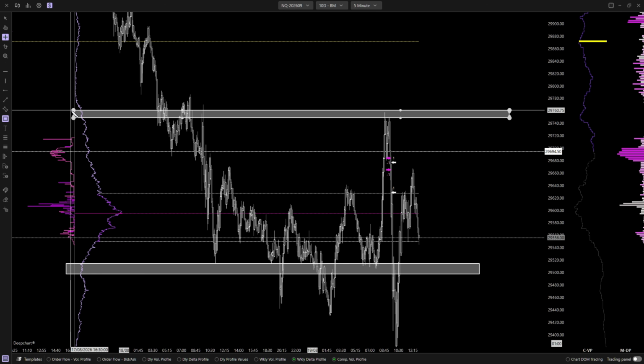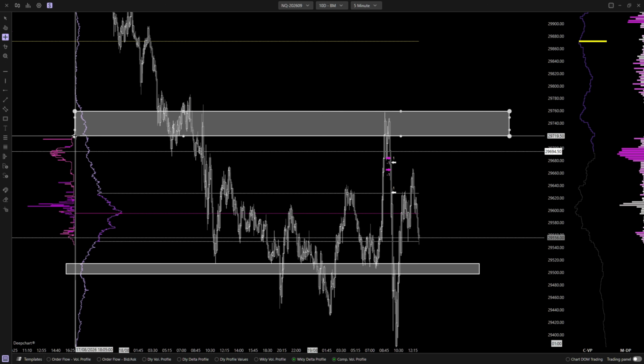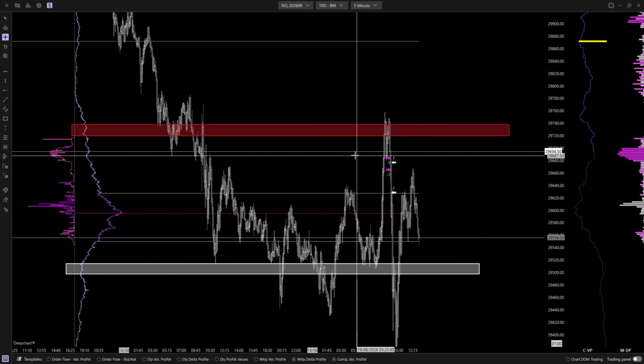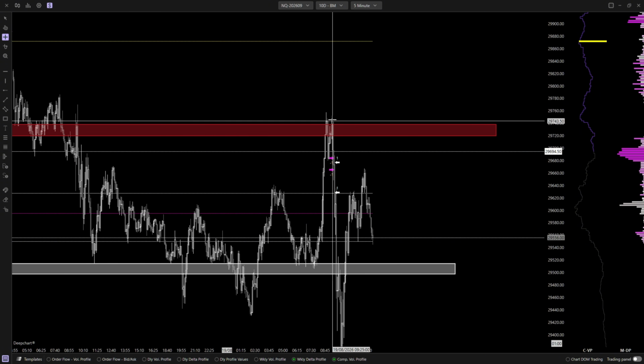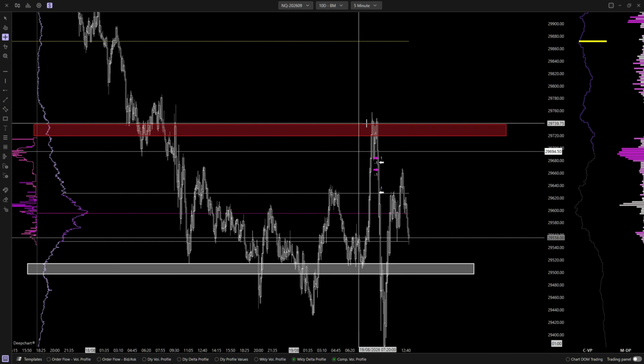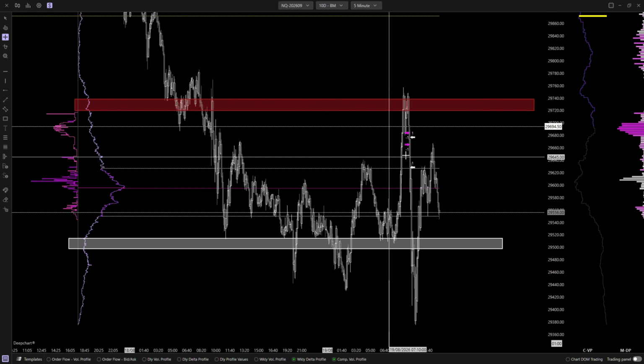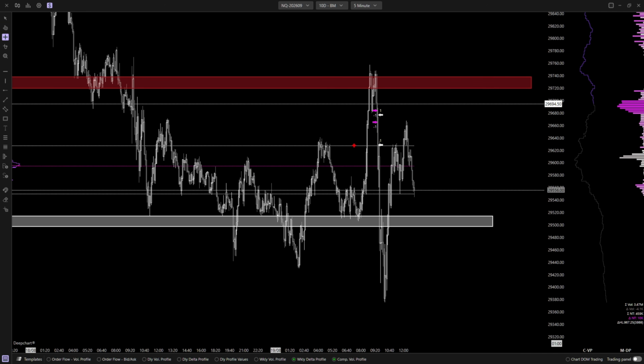And you could see right here, we have a really clean area of a minor high volume node, which is what I used to understand that this is where I want sellers to be in. I want to be more lenient on sellers. I want buyers to be absorbed, exhausted, etc. And I understood that we should go lower. And this is a really good area for us to come back into balance. Obviously, I considered this a failed auction at the top here, and then we went lower.